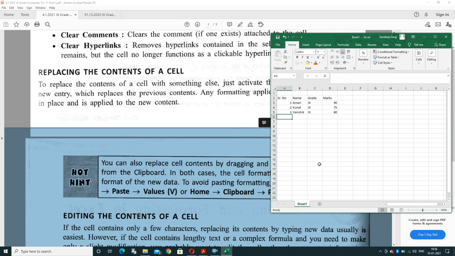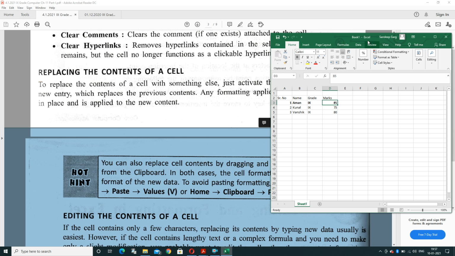Now you can take an example. This is an Excel sheet. First, suppose I have applied the bold property on this cell. It is bold. Suppose I have applied bold to the complete cell, and afterward I am deleting 90. I'll bring the cursor there and press the delete button. The value is deleted. Now what will happen if I type the next value? Will it be bold or simple? By default, the properties are applied.